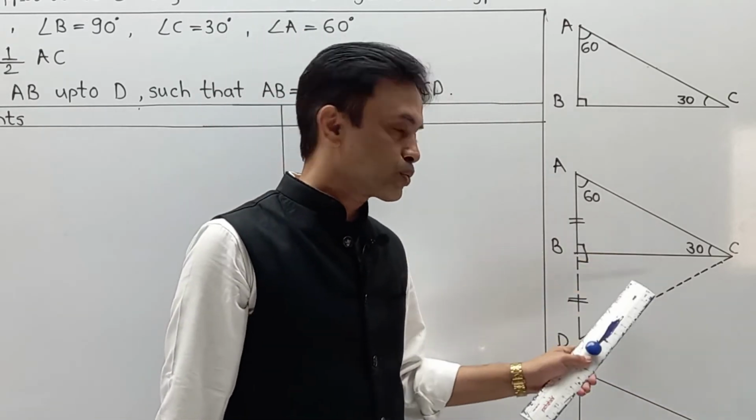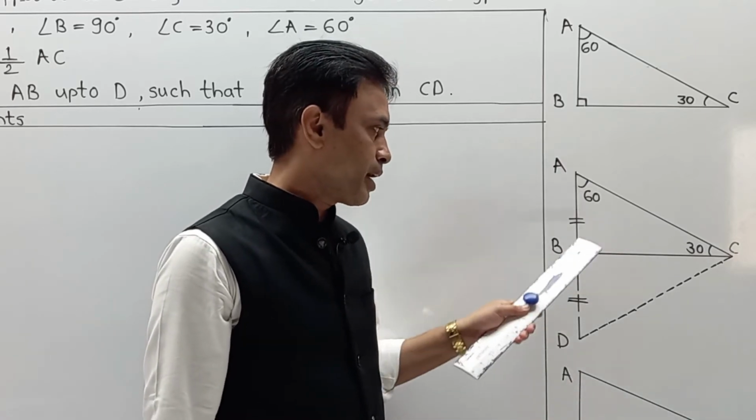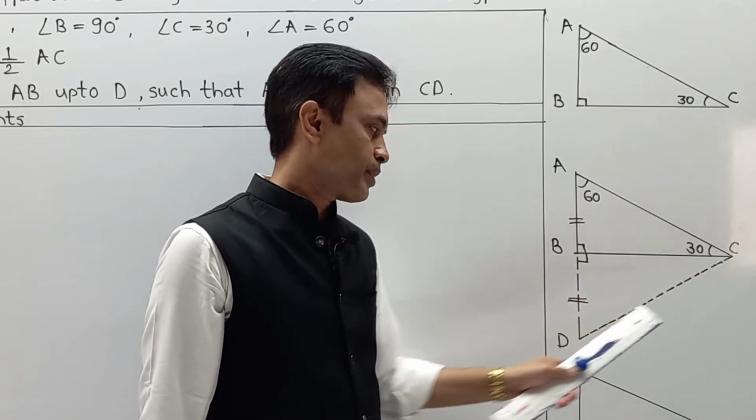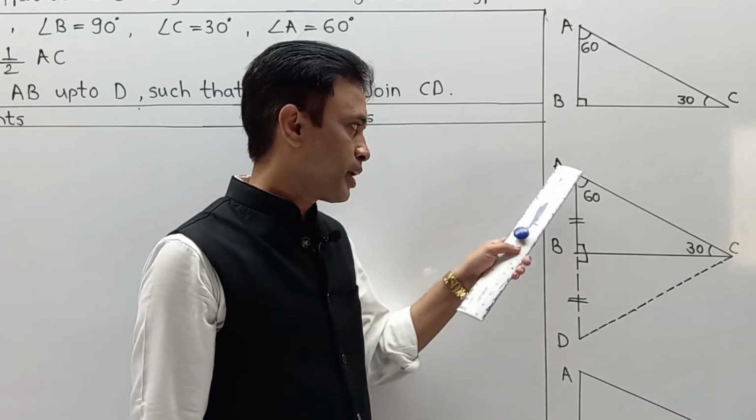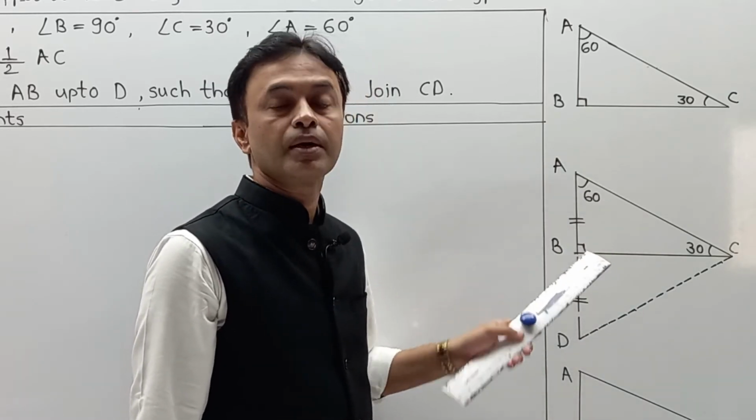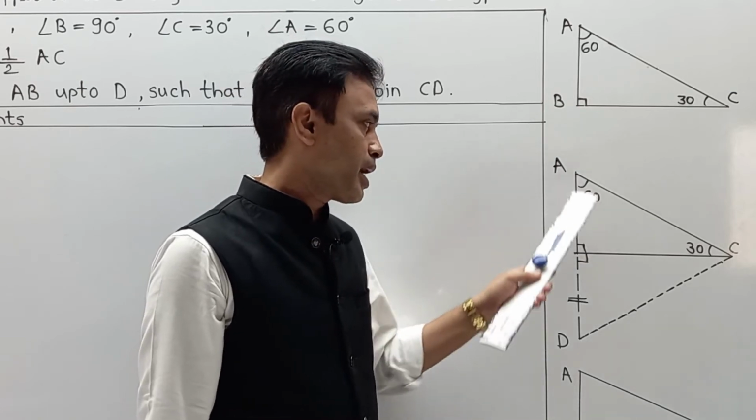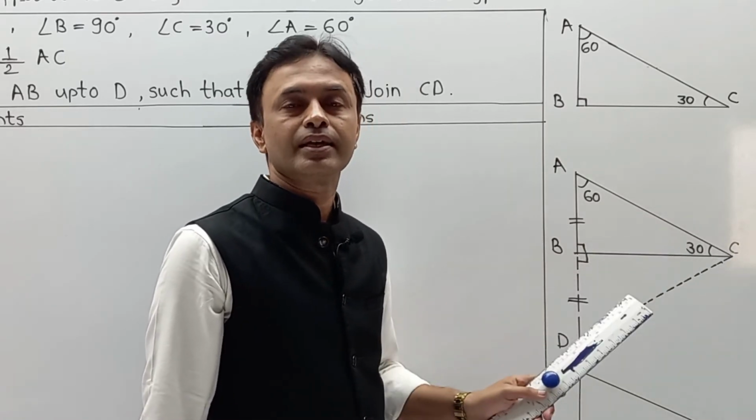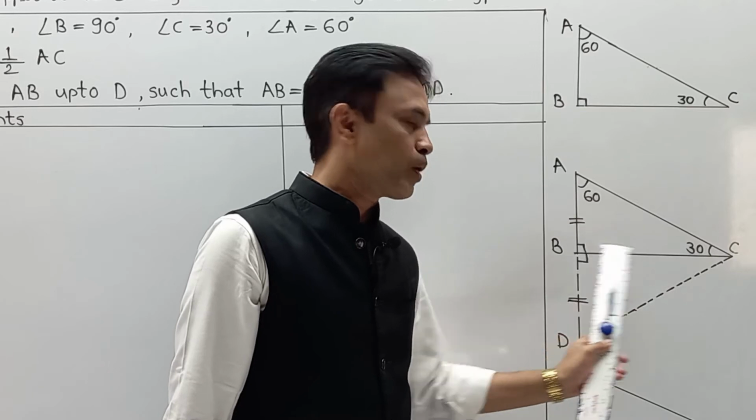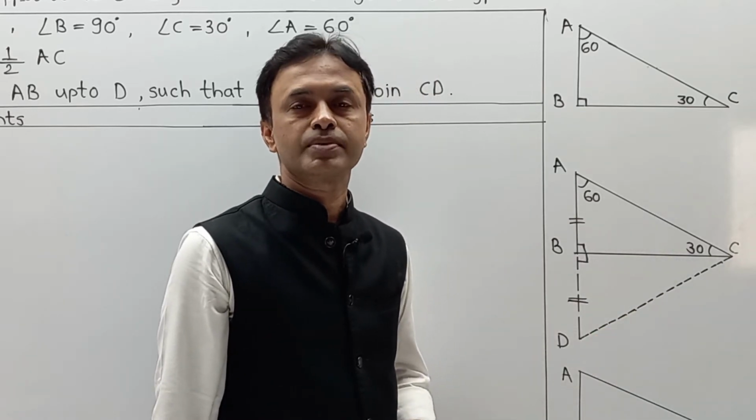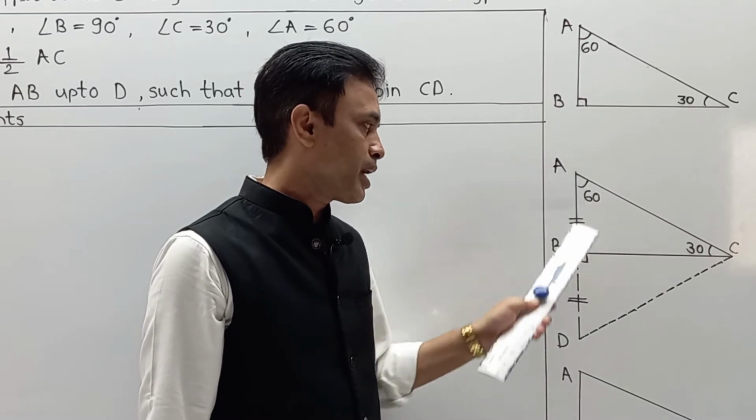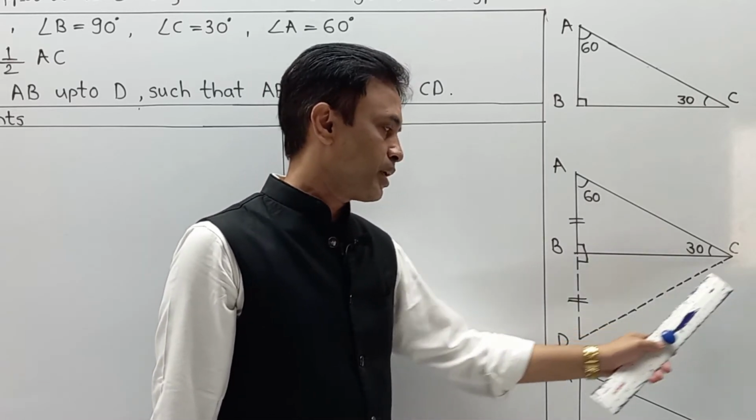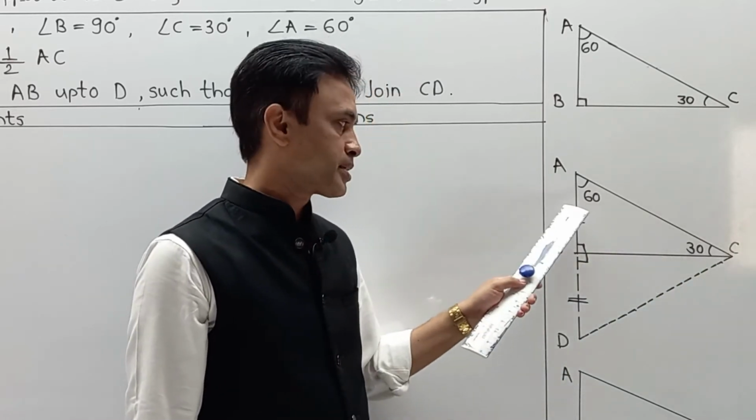Now please pay attention to these two triangles: triangle ABC and triangle DBC. One by one. AB is congruent to DB by construction. Next, angle ABC is equal to angle DBC, each 90 degrees. And third, segment BC is congruent to segment BC, the common side. Naturally we can say that triangle ABC is congruent to triangle DBC by the side-angle-side